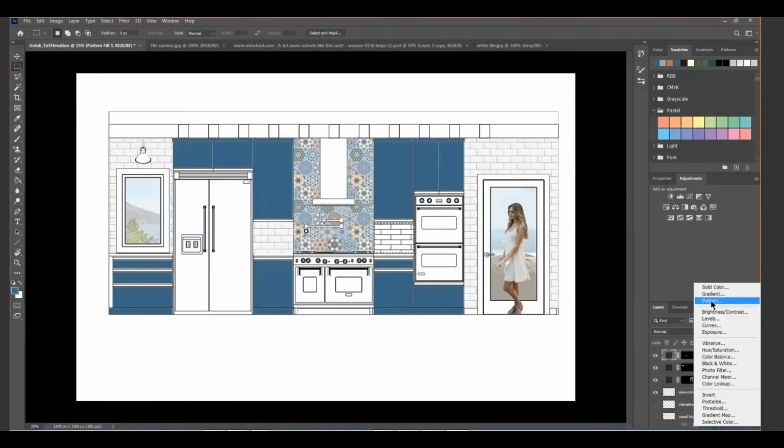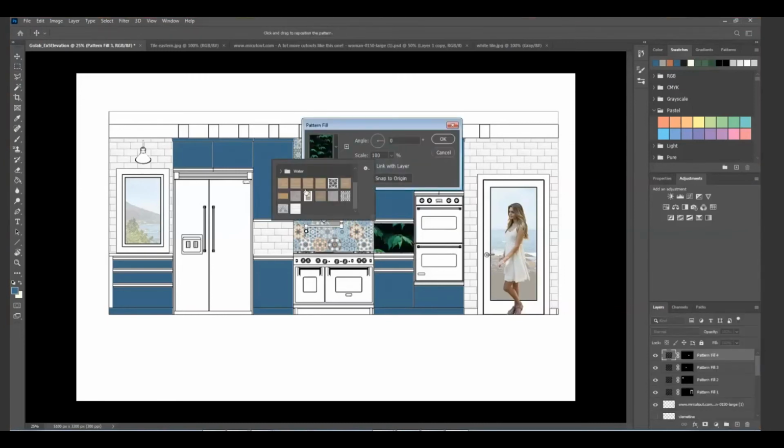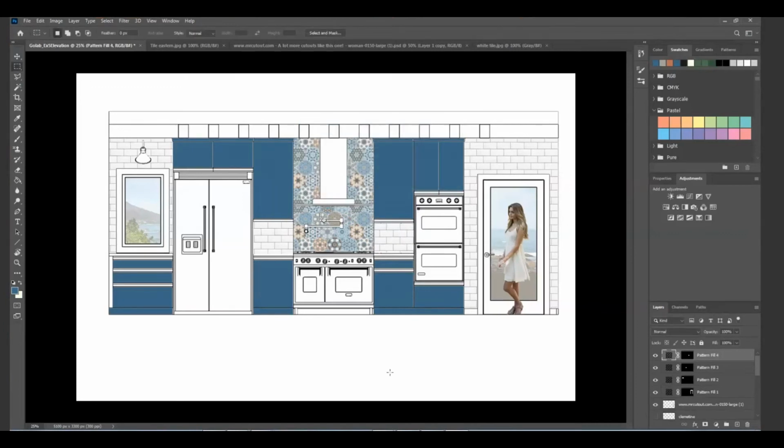My pattern fill, bring that in, hit OK. I want to adjust it just like the one on the other side. Doesn't that look really good? I'm going to turn back on my clementine and my wood. And you don't see it. But no big deal. Drag my bowl of clementines above